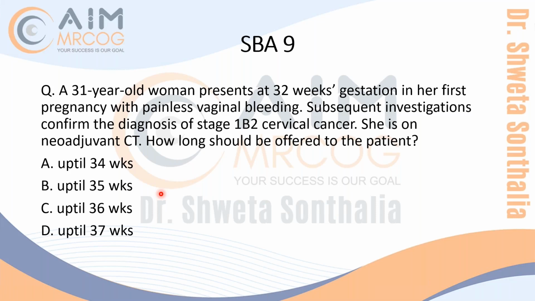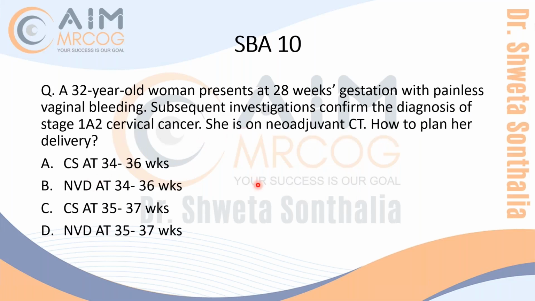It's easily understandable that if you give her chemotherapy at 35 weeks, she is suppressed for 3 weeks. So it is better not to give it very late in pregnancy, because if she delivers in a compromised state, she'll develop infection and all that. So the criterion is up till 35 weeks. All the things related to chemotherapy you have to remember. They are always favorite questions in oncology. Yes, last question. Who wants to read it?